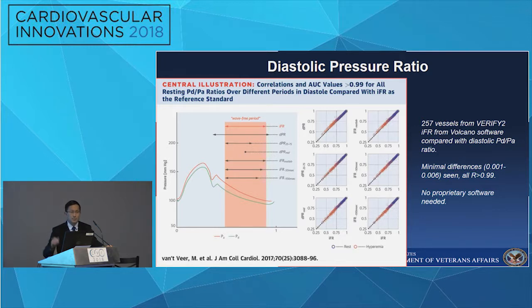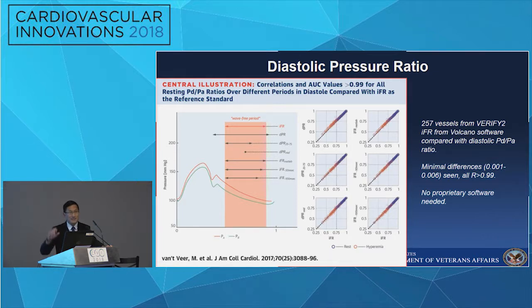So if you take any PD over PA over diastole, it turns out that you'll actually have minimal differences numerically from iFR. So they took 257 vessels from the VERIFY-2 study. They actually took the pressure waveforms, plugged them into the Volcano proprietary software. They got a number, and then they measured it separately, and they found that there were minimal differences, less than